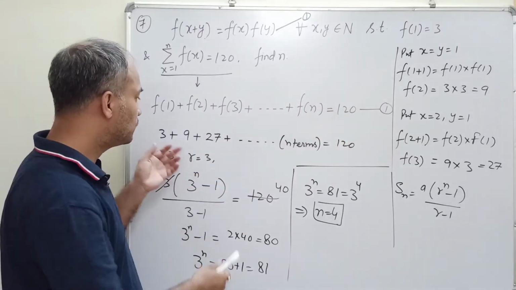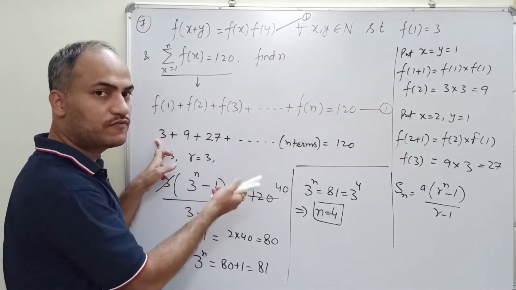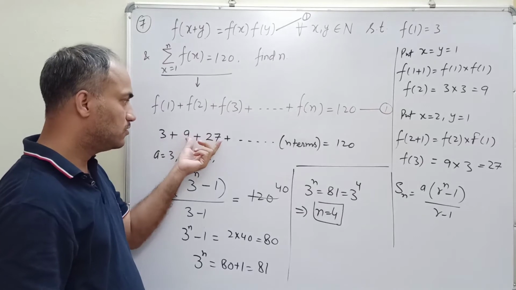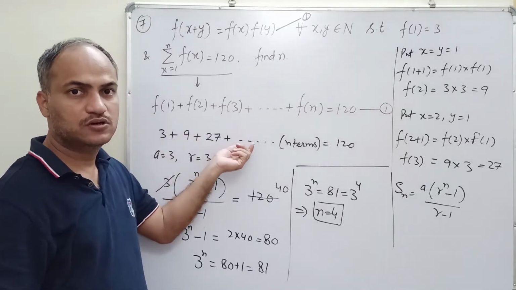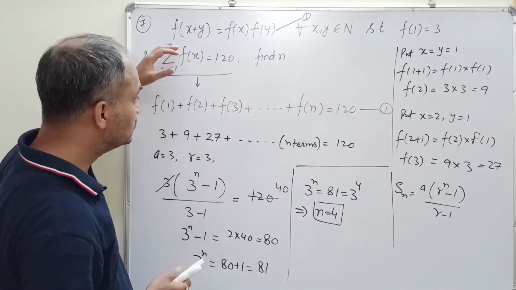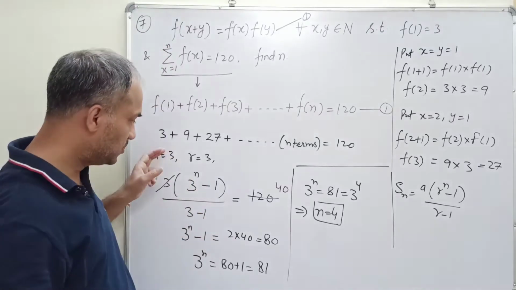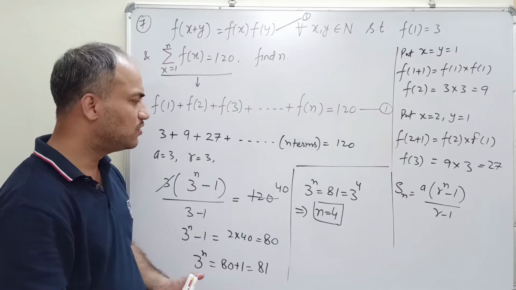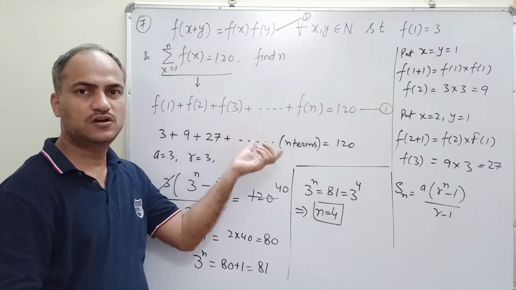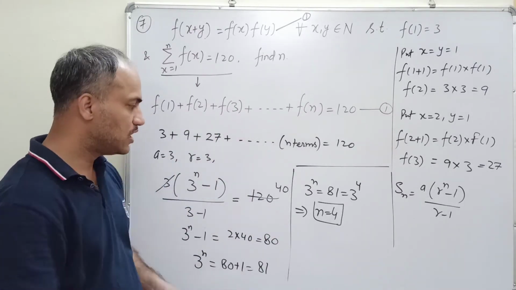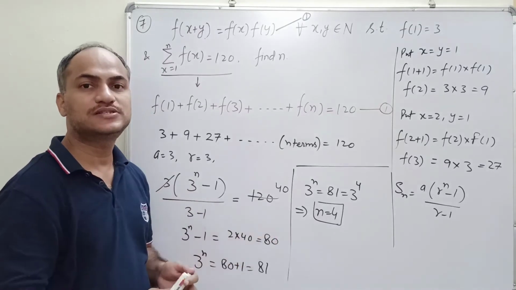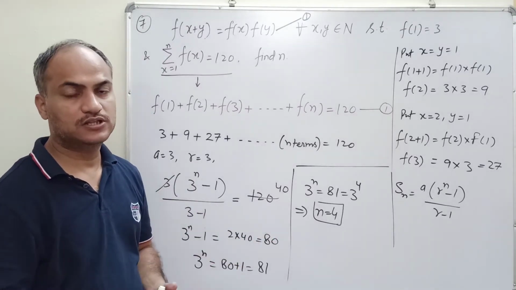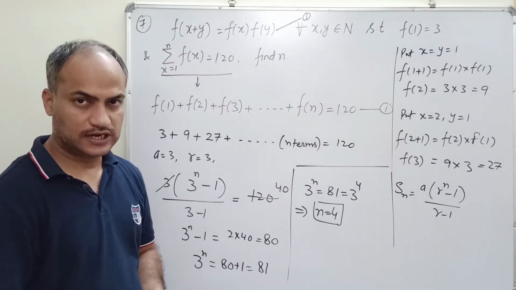Sometimes when the value is very small and very easy, you can also count the terms manually. But since the generalized method is there, this generalized method will give the answer for every such possibility. So you need not worry about a few terms or some manual method. Apply the standard method, and this will always give you the correct answer.